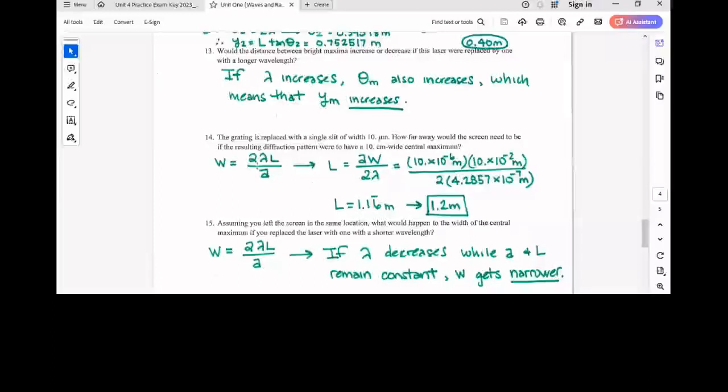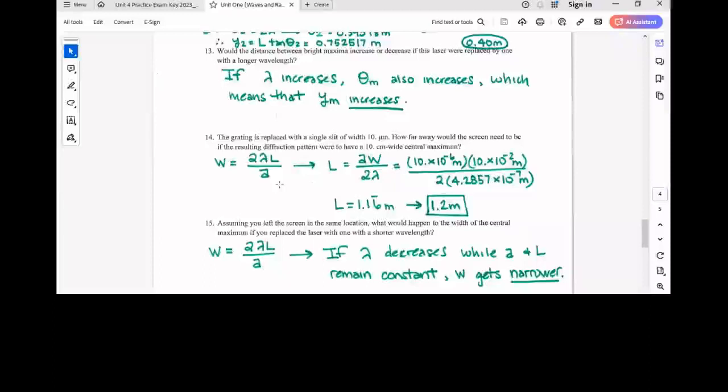This expression pertains only to single slit interference. W, which is the width of the central maximum, is equal to 2 times lambda L over a, where lowercase a is representing the width of the single slit. And this W is something that's kind of easy to confuse for the width of the single slit, but it's the width of the central maximum. It's also equivalent to 2 times the distance between the center of the pattern and the first order dark fringe. Because if you think about it, it's the position of the dark fringes that ultimately determines how wide the central